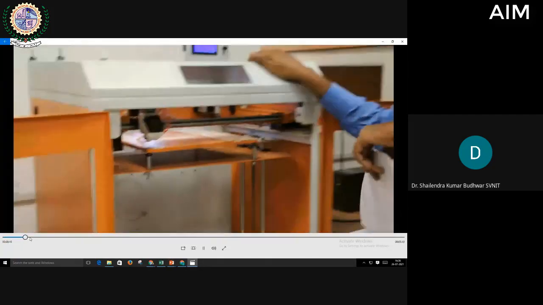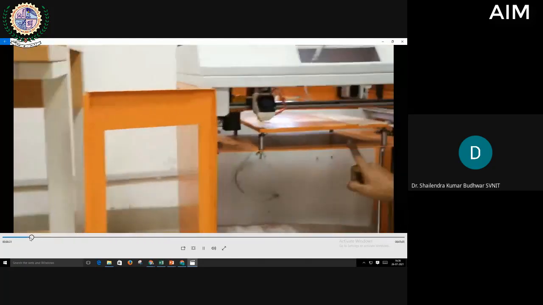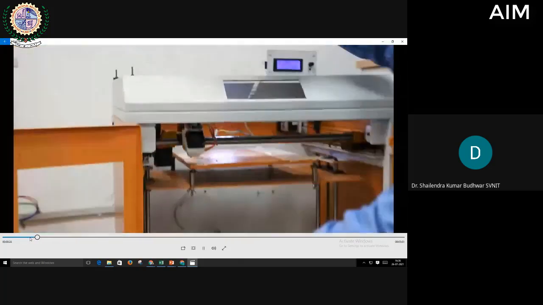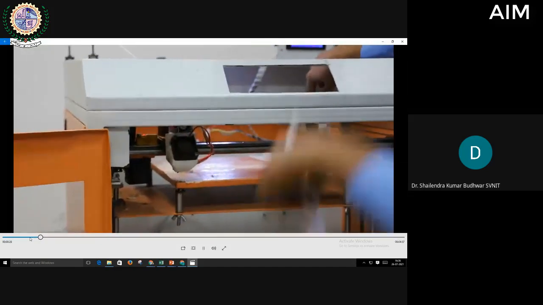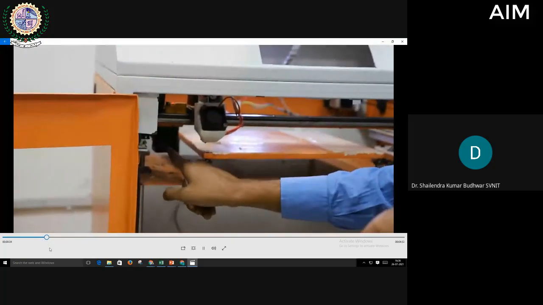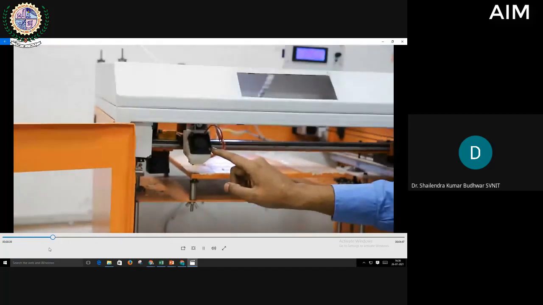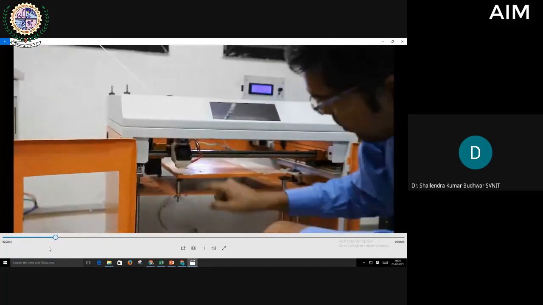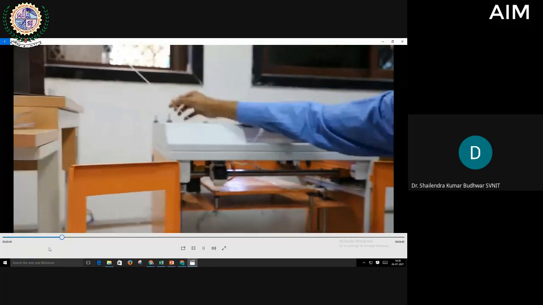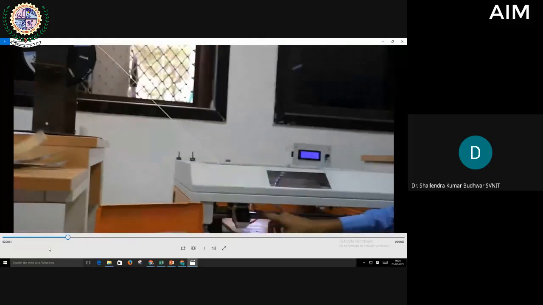So in this machine, there are two motors in Z direction. That is, movement of bed is controlled by two motors in Z direction. So there are another two motors for Y direction, here and here. There is one motor for X movement of extruder and another motor, that's motor number 6 for movement of fan. So extruder is in this location. The filament is coming from a reel and going directly to the extruder here.